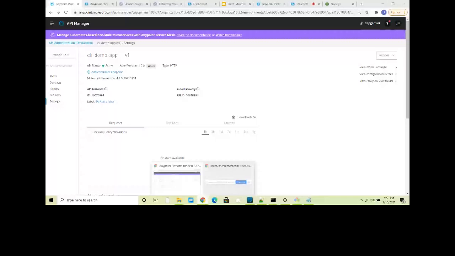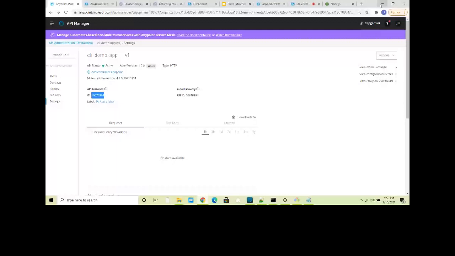And I can go to again here, and my API instance ID. You have to provide an API instance ID. So this is my API instance ID. You can copy this, and you have to give a policy ID.